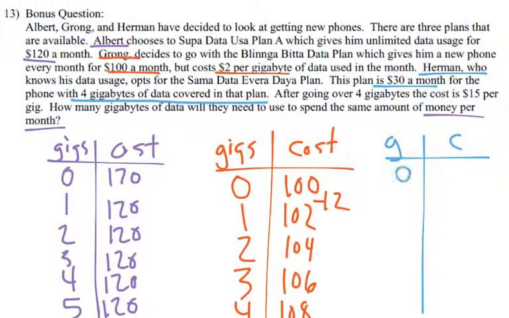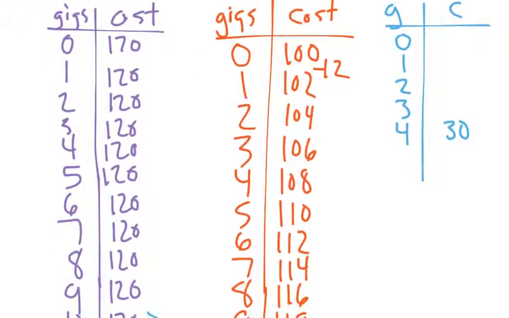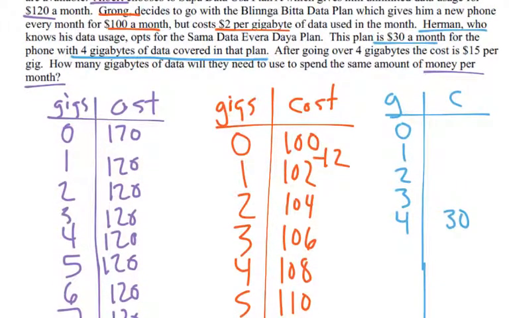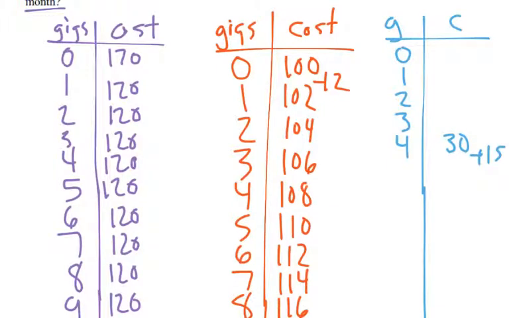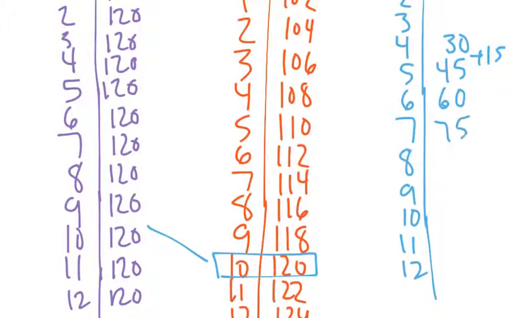Okay, so 0, 1, 2, 3, 4. So at 4 gigs, how much would he be paying? 30, right? And before that he'd be paying 30, but to make an equation, we want to start right there. So then we'd say it's 15 per gig, $15. So 5, 6, 7, 8, 9, 10, 11, 12. So that'd be 45 plus 15 would be 60, 75, 90, 105, 120,